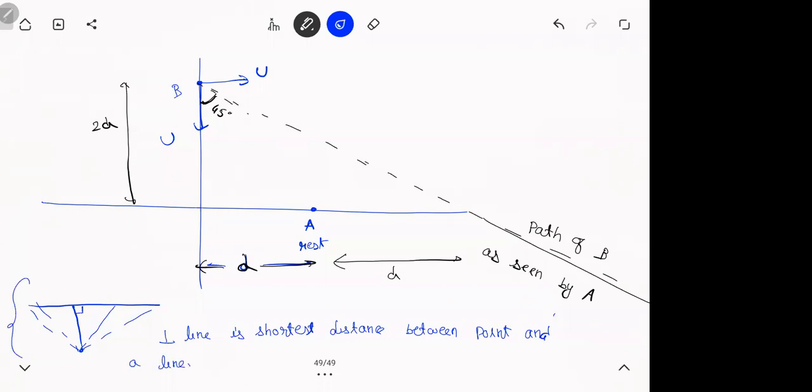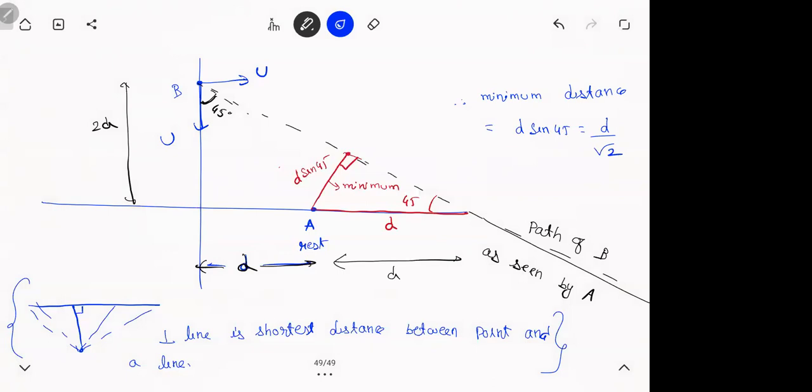This is just additional information here. Now think about it. A will think B is going at an angle. So what is the shortest line? Yes, the perpendicular. What is this angle? 45. What is this distance? d. So what is this distance? d sine 45. This is your minimum distance, isn't it? Therefore, the minimum distance is the perpendicular length, which is d sine 45, which is d by root 2.